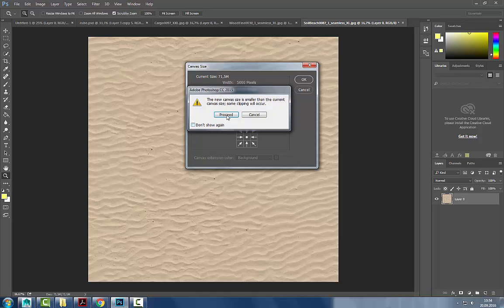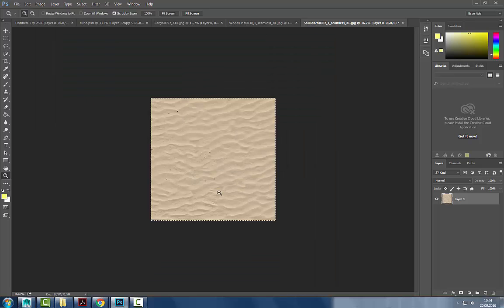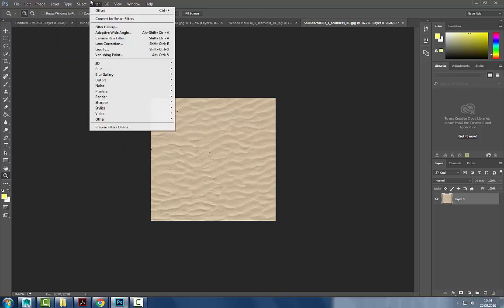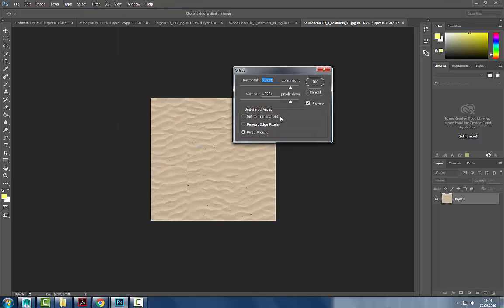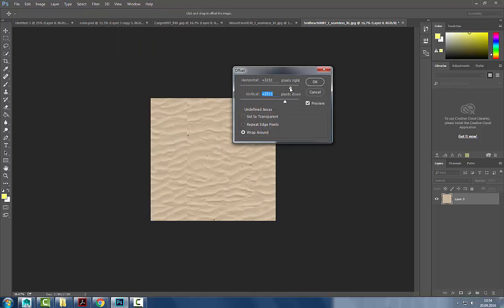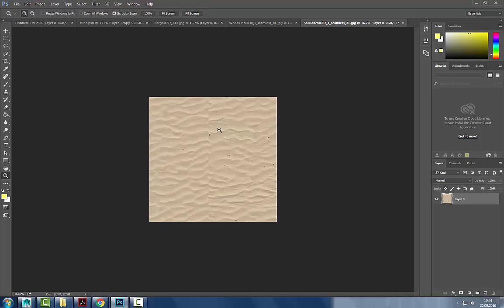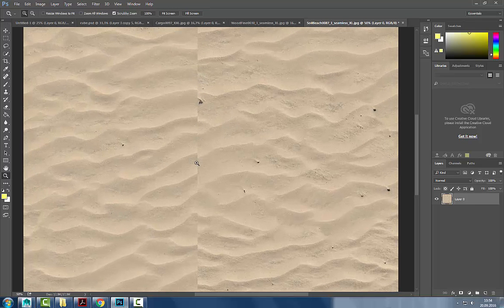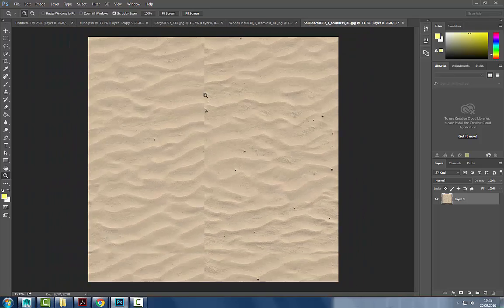Canvas. And then whatever. So now it should no longer be seamless. So when I do this offset thing, you can see that now we see that seam, which is typically what you'll see in any image, because most images are not seamless unless you make them seamless. So this is the way you can actually make them seamless in Photoshop. You can push the sides of the image in using the offset function, and then you can either use,